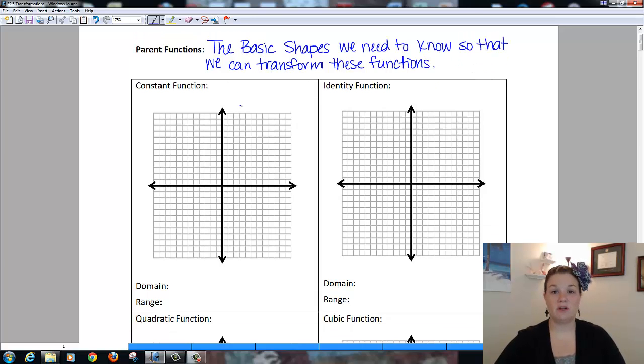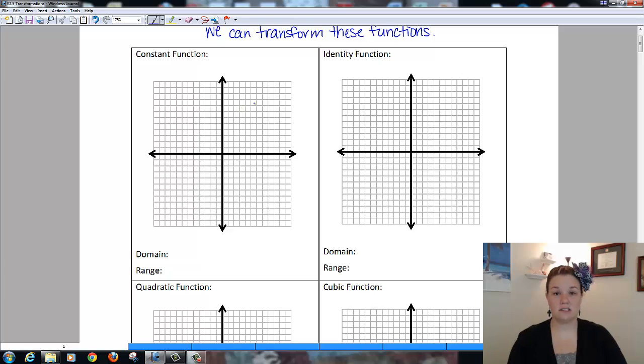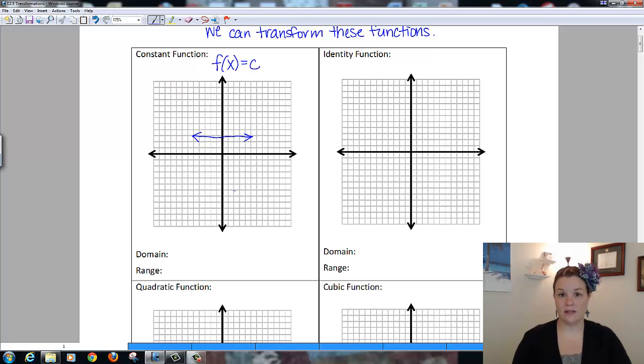So there's 7 that I'm going to go over. The first one is a constant function, which looks something like f of x equals c. So it's just y equals some number. Okay, so if I were to graph that, that would just be a straight line, something like this. Okay, here I'm graphing y equals 3, but c could be positive or negative. Either way, it's just going to be a straight horizontal line through whatever c value we have,